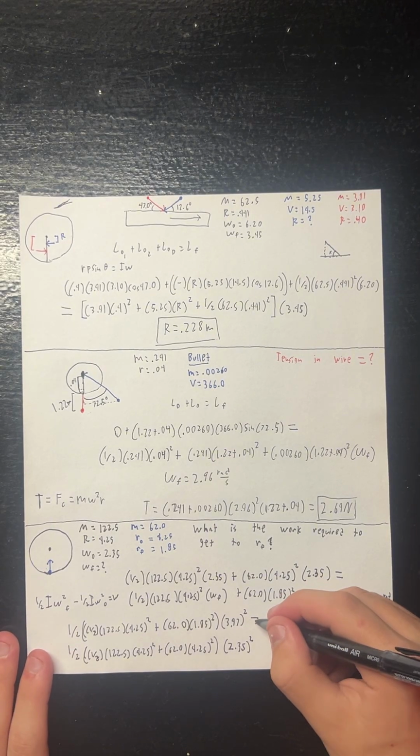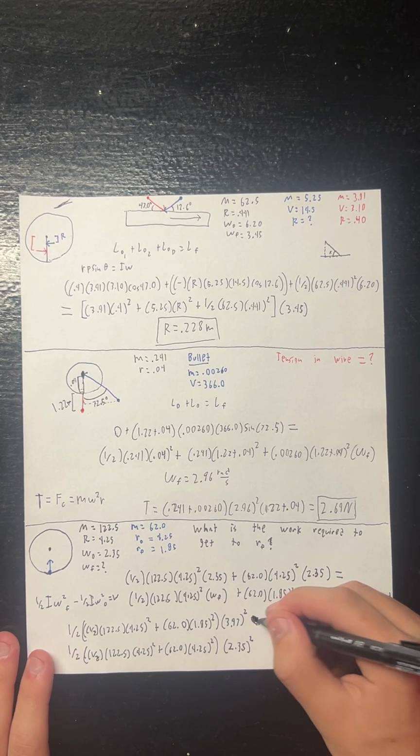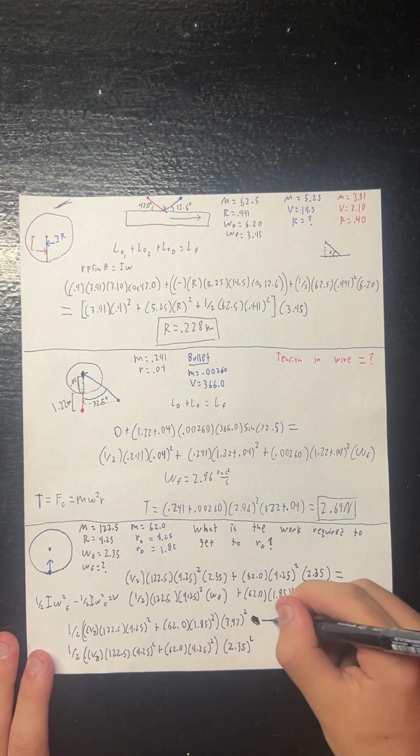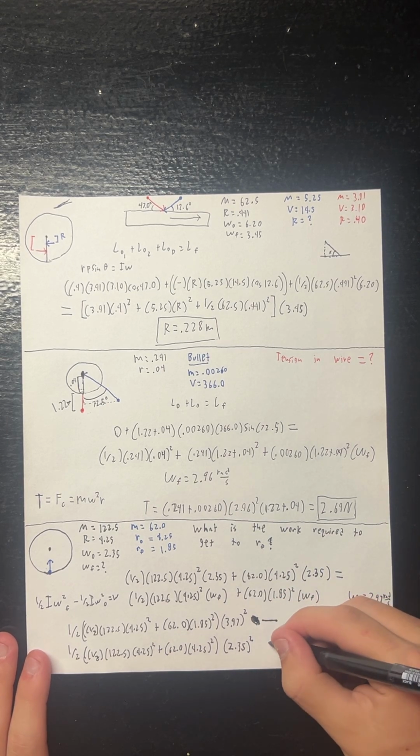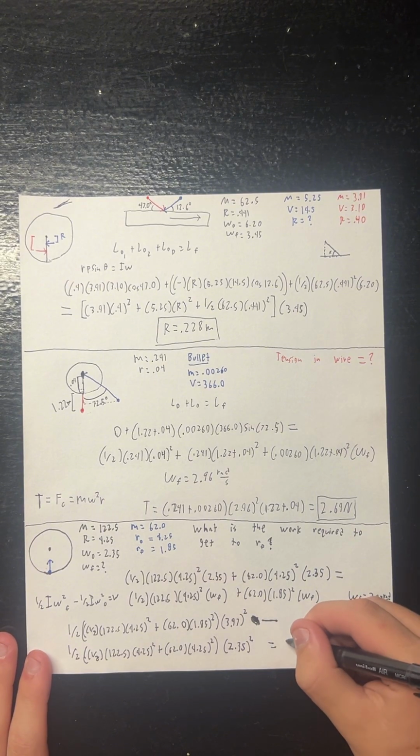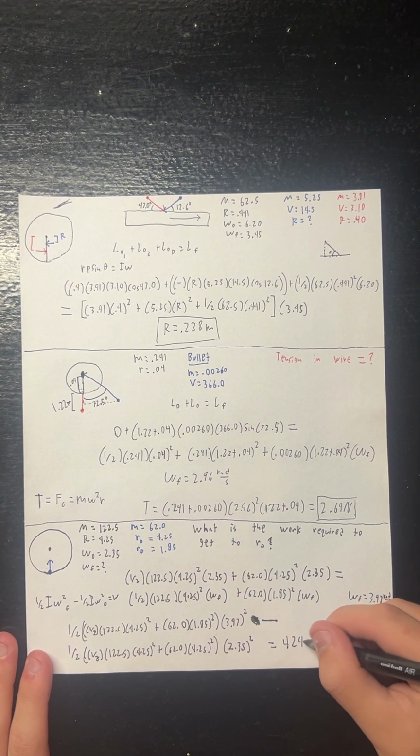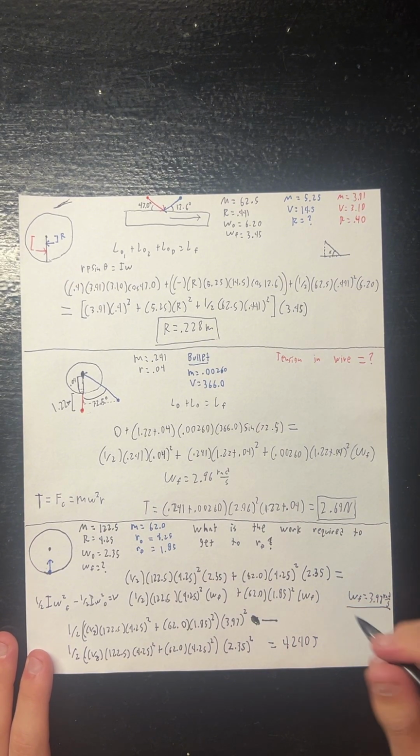And this is not an equal sign, this is a subtraction sign. And that is going to equal our work required, which should come out to around 4240 joules. And that is how to do a question like